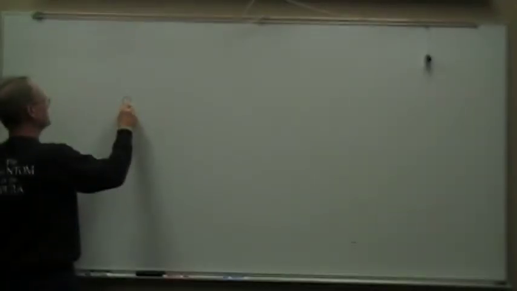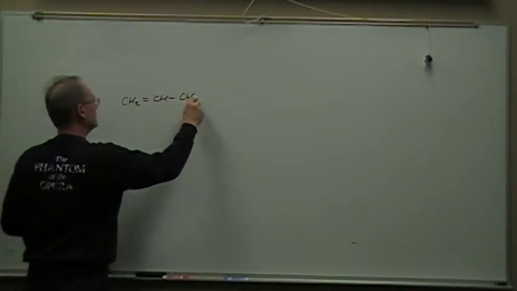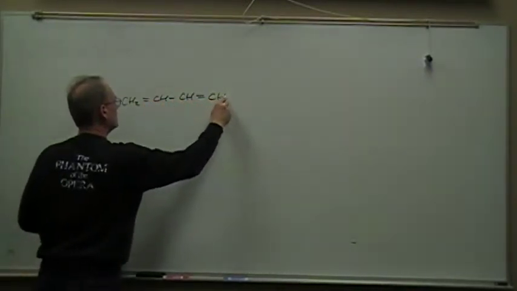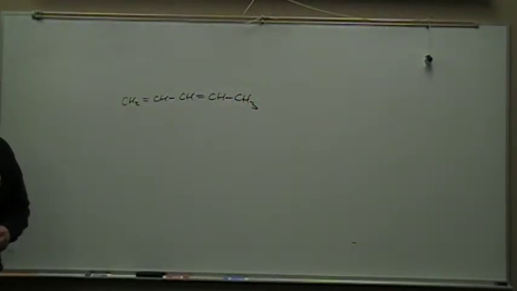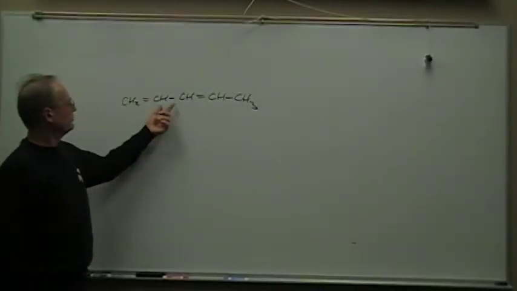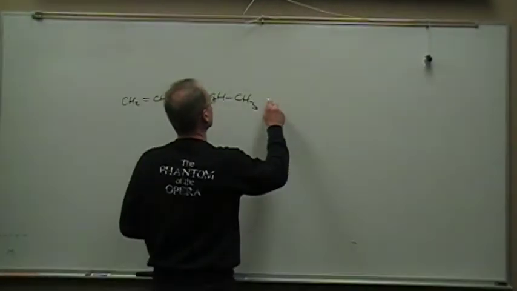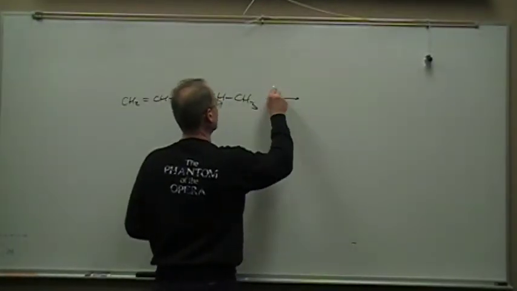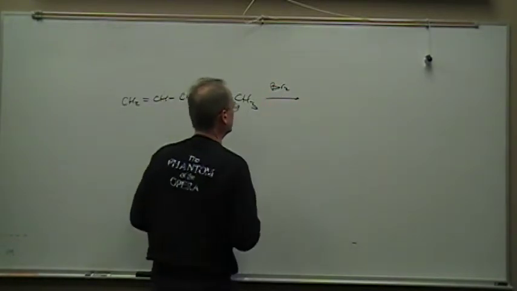Okay, so what if we started with, again, a conjugated diene, but this time instead of 4 carbons we have 5 carbons. It's still double, single, double, and then we have an extra methyl group stuck on the end, so 5 carbons altogether. Can you predict which would be the major product if we had bromine, one equivalent